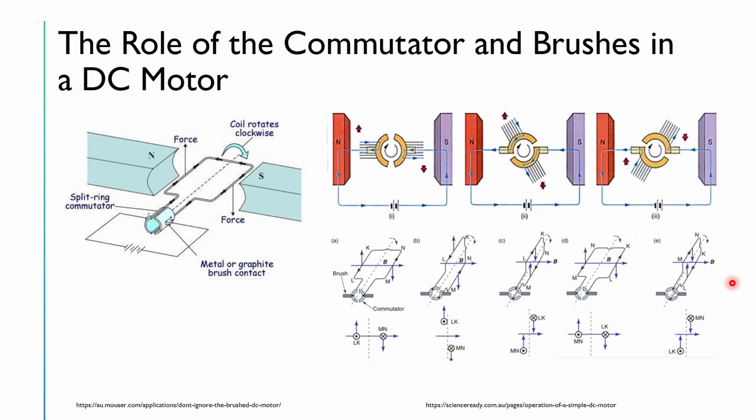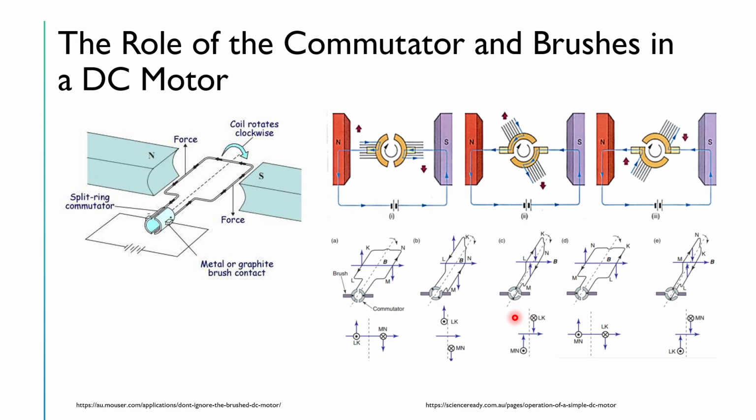I'd like to explain how commutators work using this diagram here in particular. I want you to look at the setup as it is right now. We have current running from the right side and back through to the left. This is going to induce a torque. In particular, the coil is going to start rotating clockwise. And as it starts to rotate, we'll see that both halves of the commutator are still in contact with the brushes. There is electric current still running through, but we are going to get to a point where there is